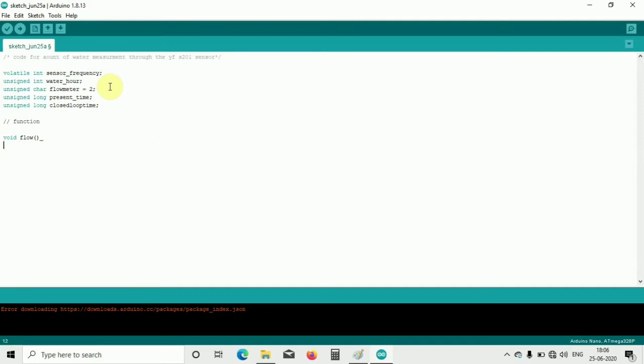I will open this, and whenever there is a pulse or a flow in the sensor, I need to increase the frequency. So I write sensor frequency plus plus, which will increase the sensor frequency. Let me put a semicolon so that it is closed.